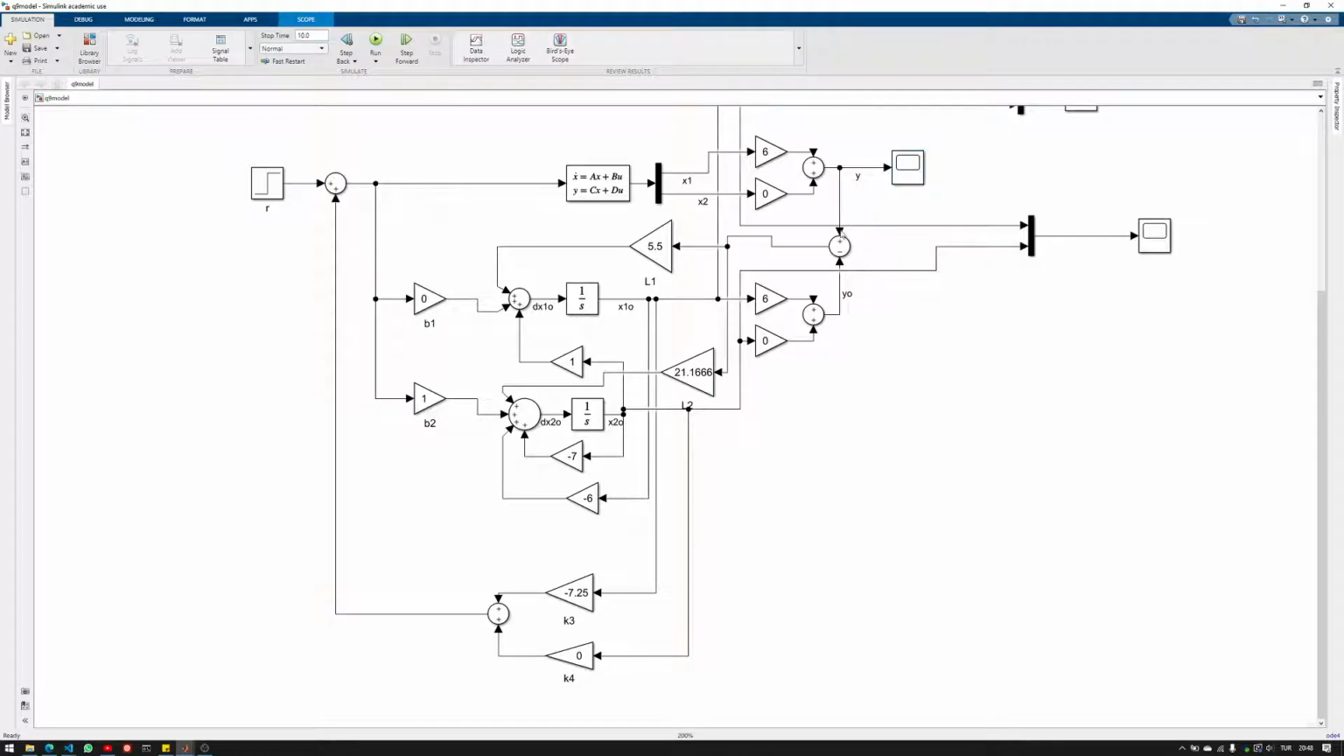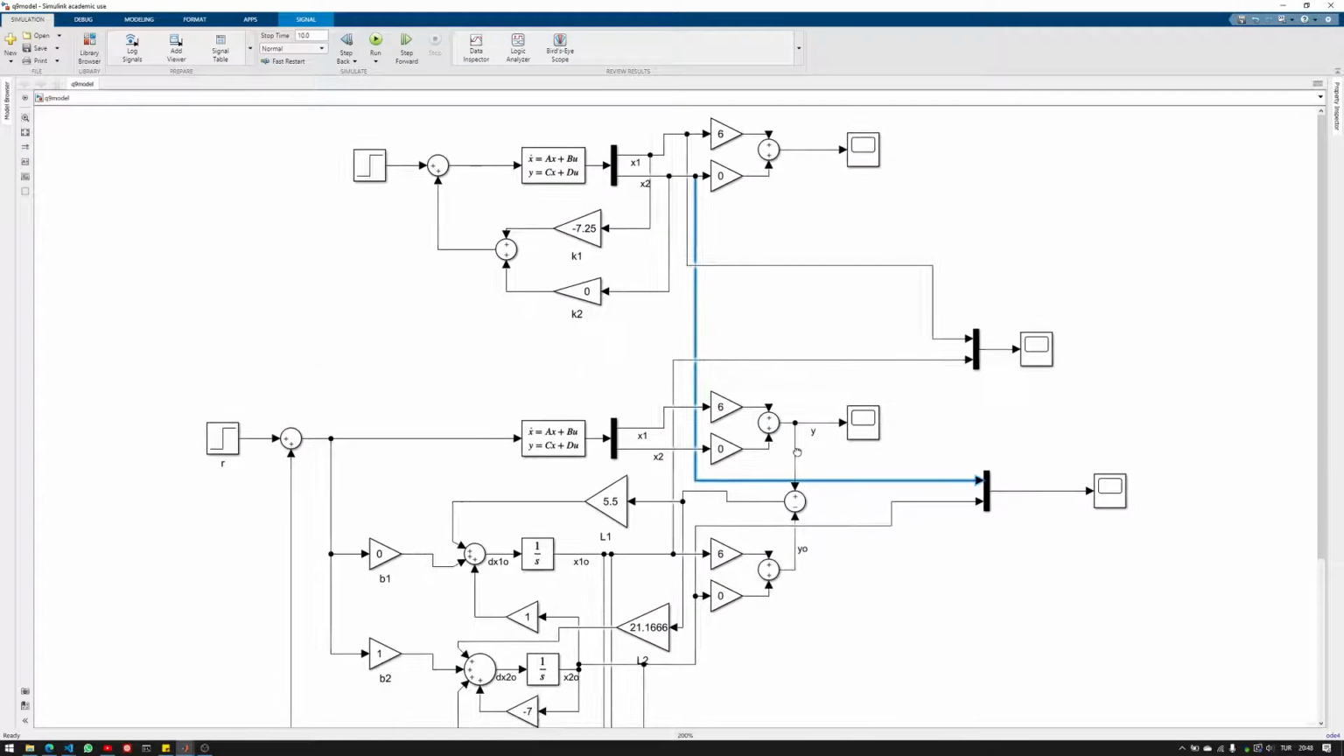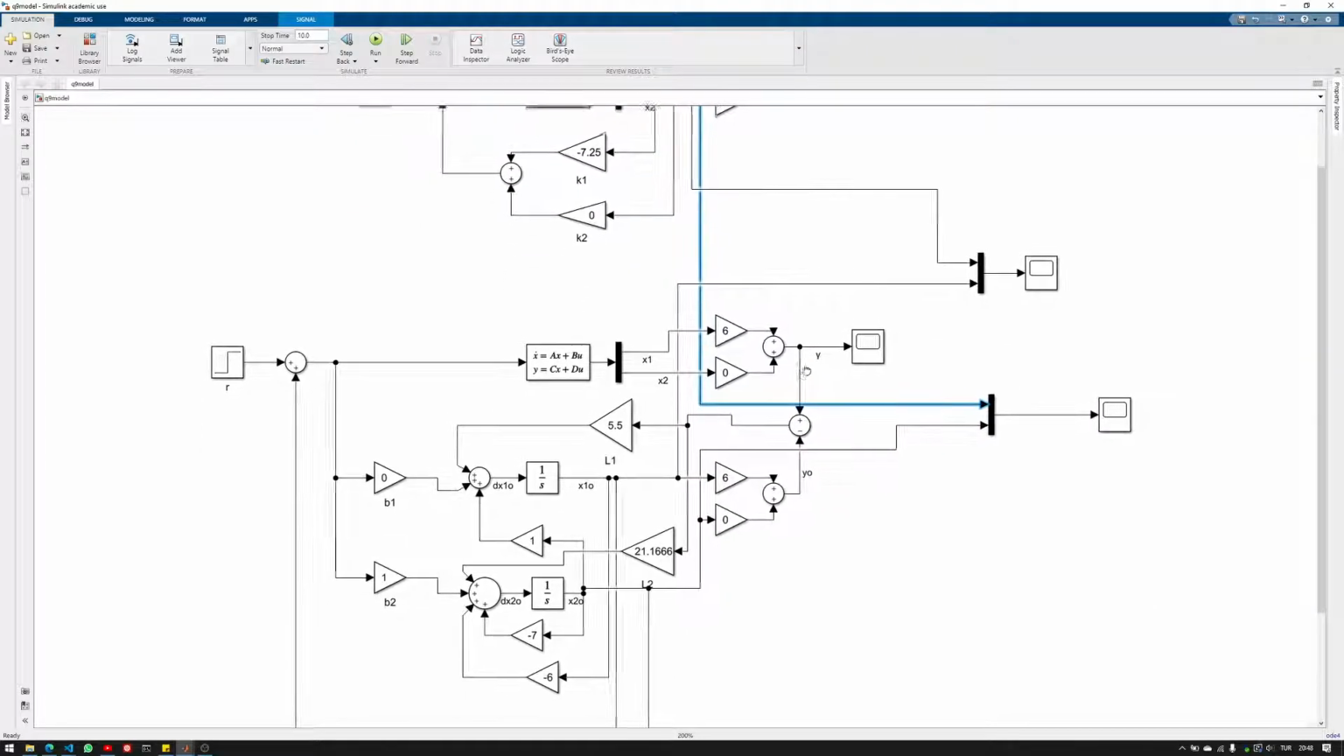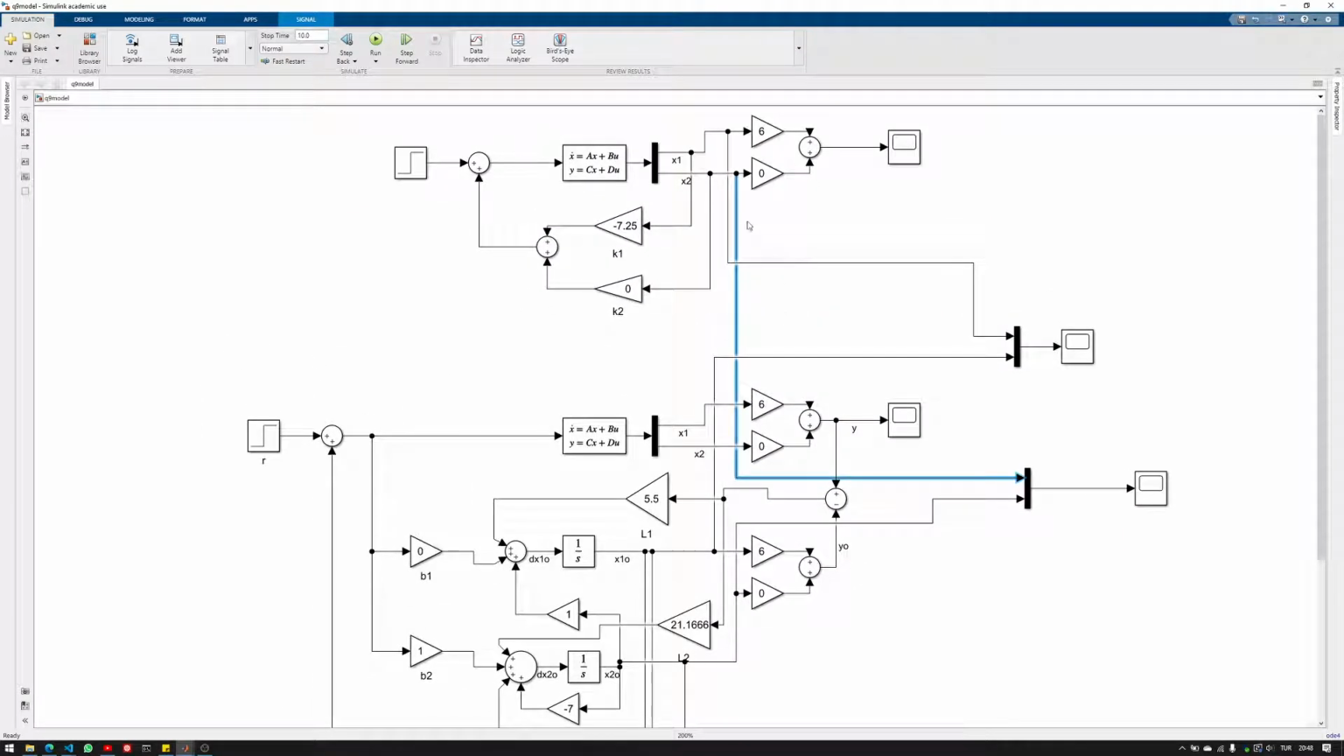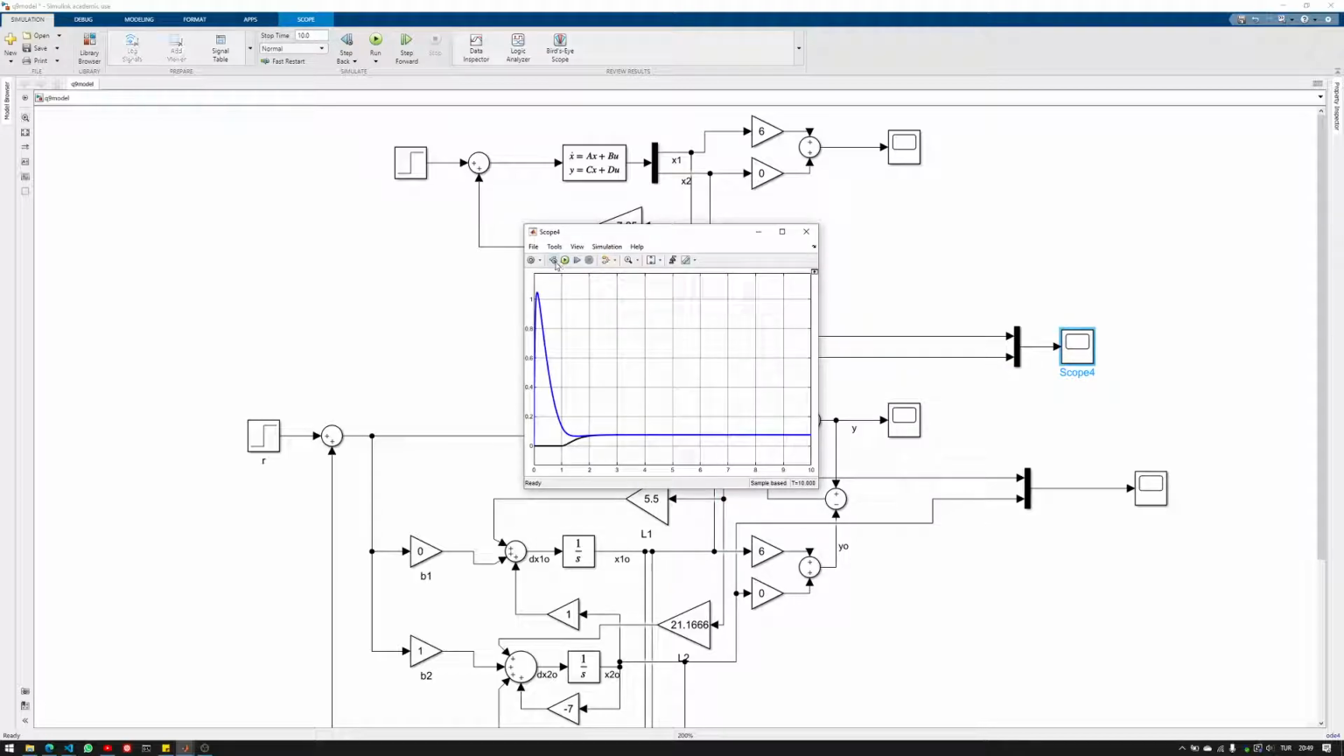But let's see what these are. This is basically x2, so this connection is not really what it is meant to be. So let's connect this to x1 and let's connect this to x2 here. So these are the original states, these ones, and these should be the states of the observer. So if I run this,